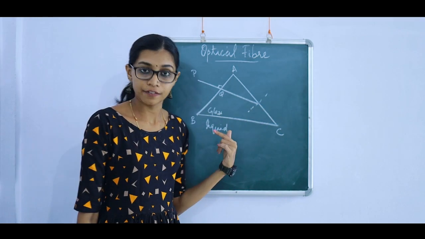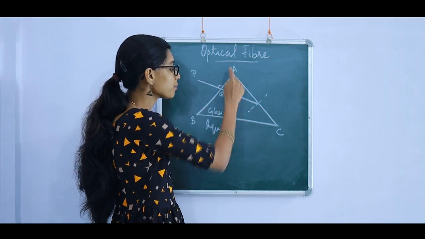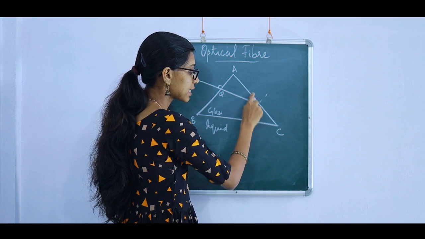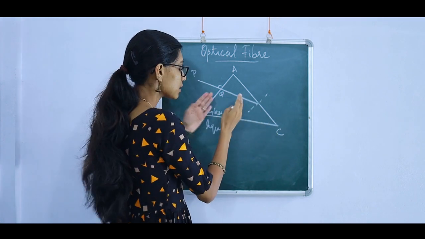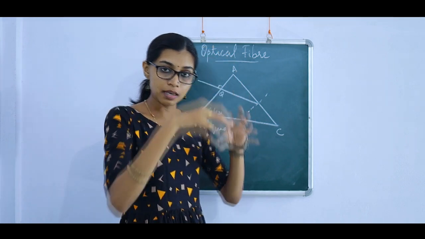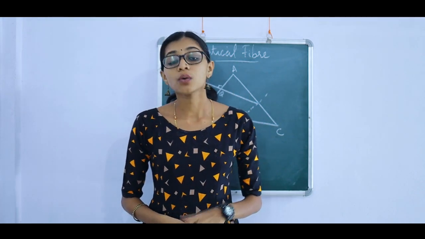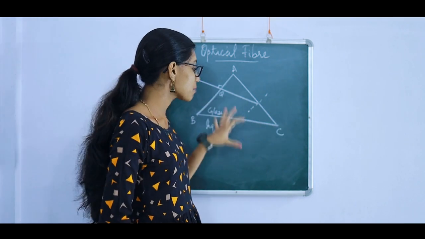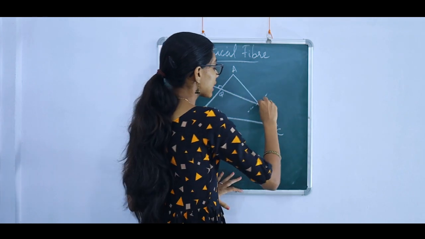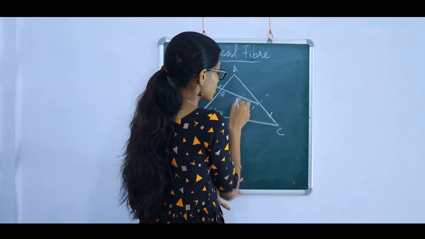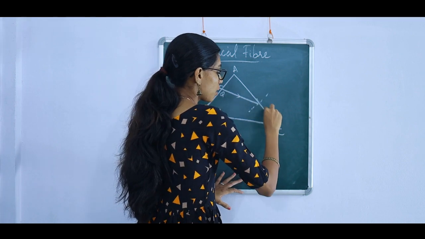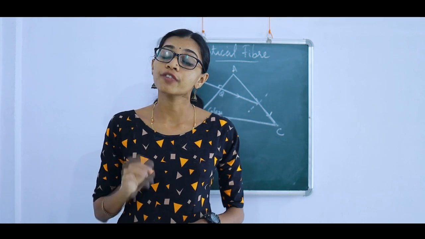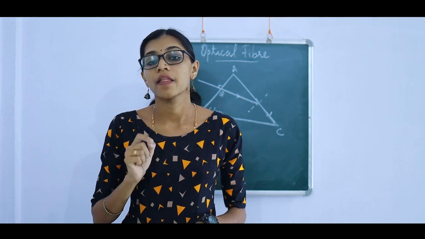So this is the figure given in the question. You have a prism. There is an incident ray PQ, and it is going and hitting this face AC. This is glass, and this entire setup is immersed in a liquid. Now what happens? It's also mentioned in the question that when it is immersed in the liquid, this ray grazes through the surface. So an incident ray coming like this goes through the surface. Now what are we supposed to find out? We have to find the refractive index of the liquid.